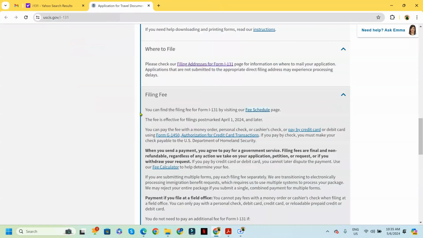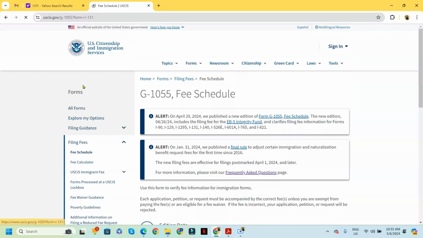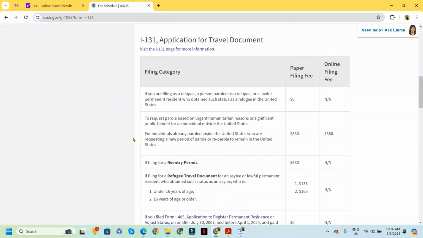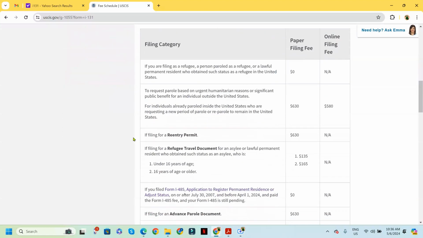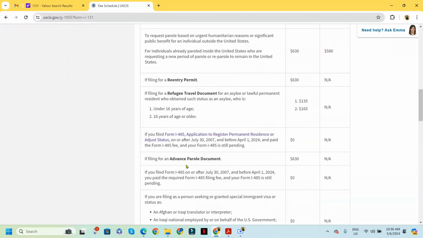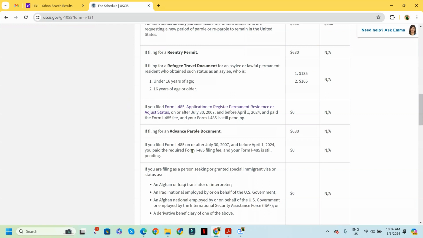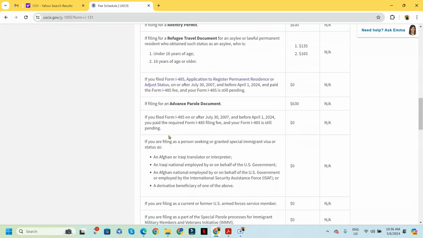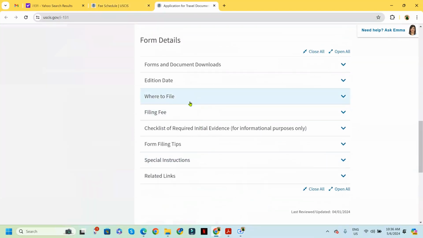For the filing fee, you can find the filing fee in Form I-912 by visiting the fee schedule. I believe for the fee guide, there is a new filing fee. If filing for an advance parole document, $630. But if you filed for I-485 on or after July 30, 2007 and before April 1st, you paid the required form I-485 filing fee, and your form I-485 is still pending, then this one, guys, is free unless you have filed before April 1st, 2024. And then next one,